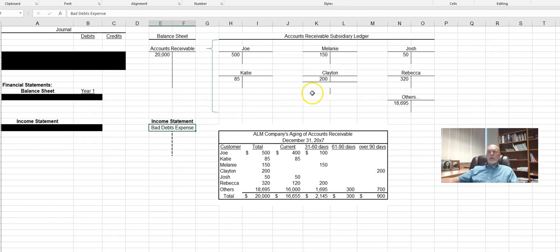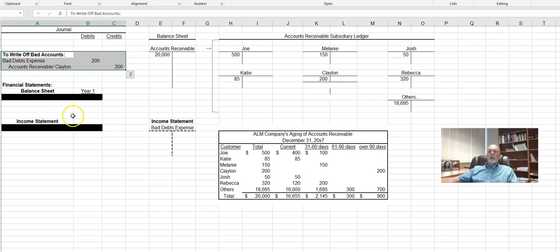So if we're going to write off Clayton's balance, what we would do in the journal is debit bad debt expense and credit accounts receivable for Clayton. And when we post that entry to the ledger, we would debit bad debt expense, credit accounts receivable, 200, and we would also need to credit whatever customer we're talking about,